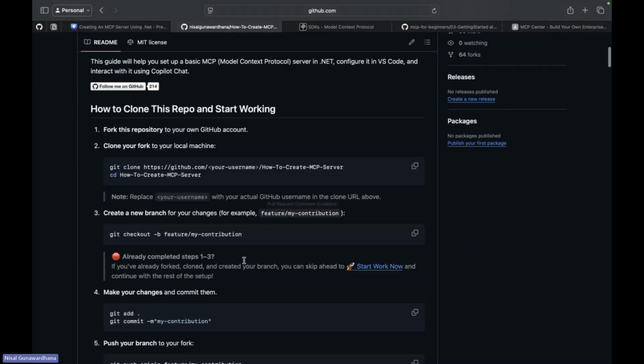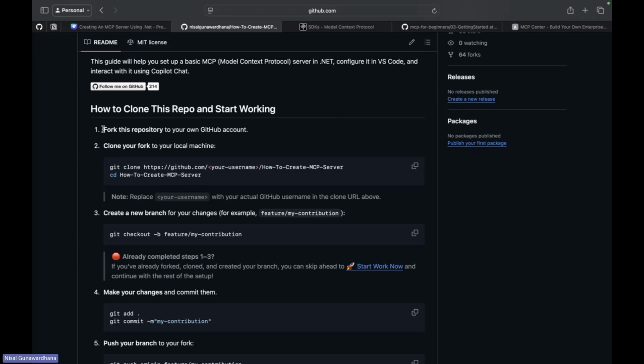I'll explain briefly how it works, and now I'm planning to go through, step by step, how to create an MCP server using .NET. In this repository, everything is guided for you, guys.